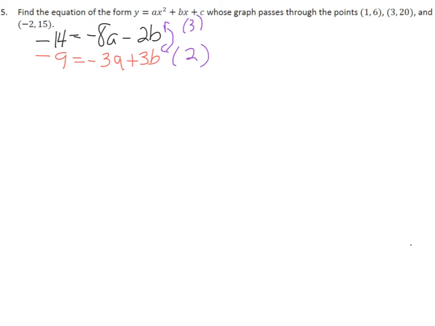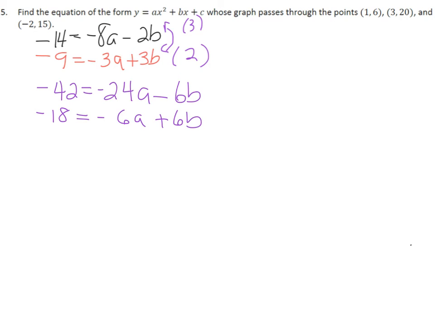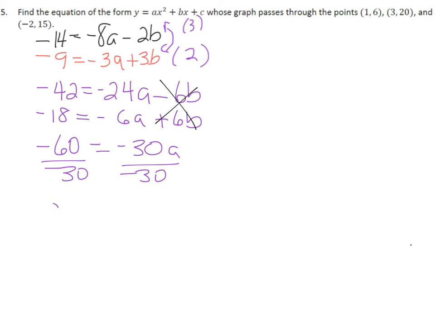negative 42 here, is equal to negative 24a minus 6b, and my bottom becomes, just multiplying through by 2 there, negative 18 is equal to negative 6a plus 6b. And again, notice that when we add these two together, as in solving our systems of equations, the b's will cancel. And I'm just adding through, so I have negative 60 here is equal to negative 30a. So if I divide by negative 30 here and divide by negative 30 here, I can solve that a is